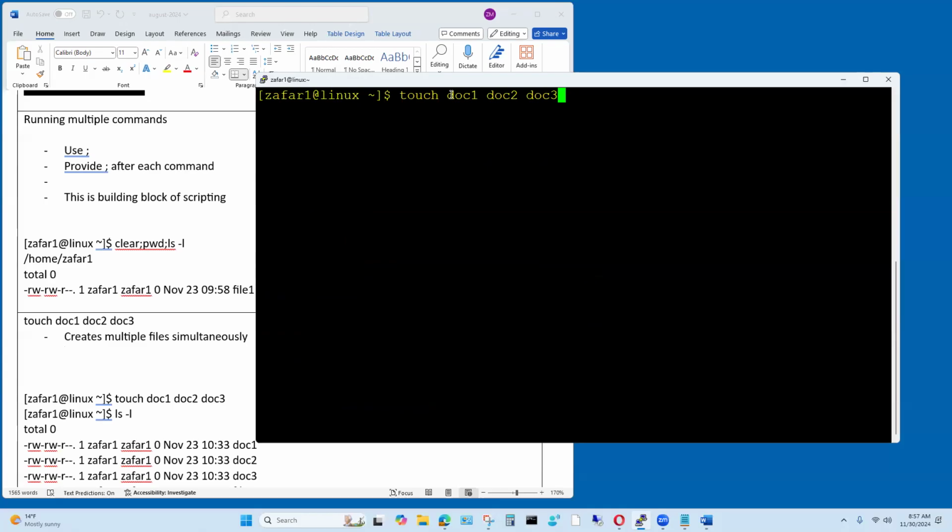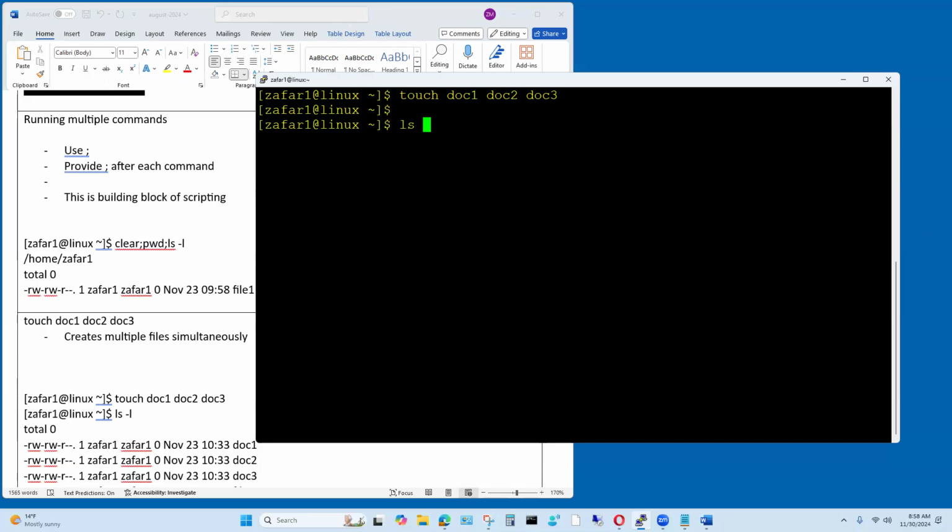Now it's going to create the same exact format of file, which is a text format. So that command is going to create document 1, document 2 and 3 at the same time. And if I hit enter,